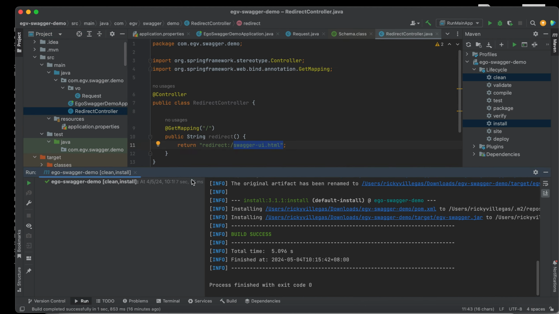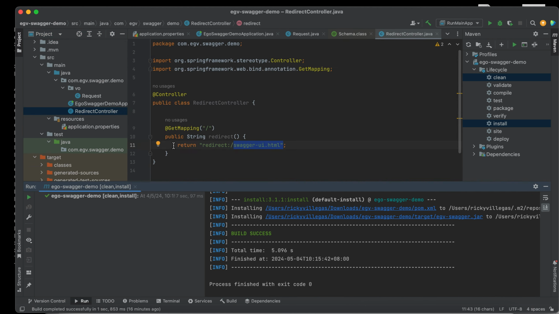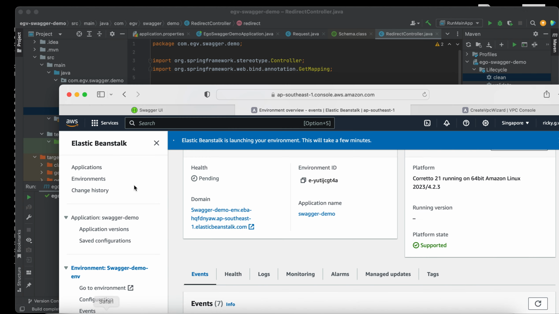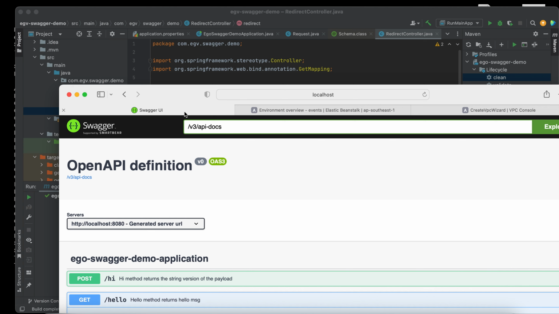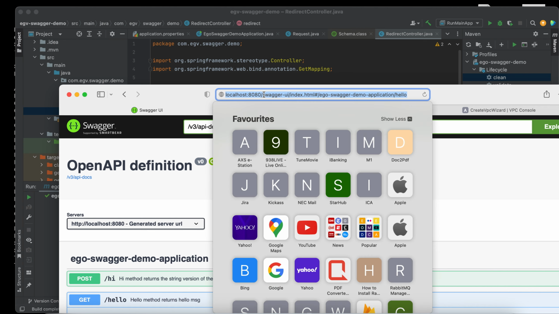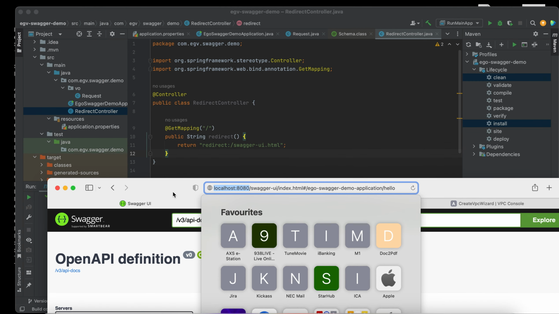As I mentioned a while ago, I created another controller. The purpose of this is that we don't want to type any endpoint. As you can see, we just hit the host, localhost and the port, and because of this controller, it will redirect to the Swagger page.